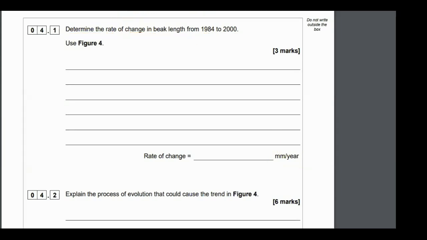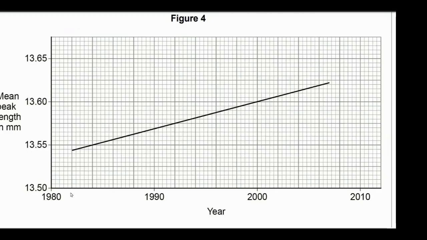In this case, to find the rate, we're going to divide the change in beak length by time. Beautifully for us, they put this black line out here. Now they wanted us to do 1984 to 2000. So go up to 2000, draw a line across to the y-axis, and circle. We're looking at the beak length, the maximum of our range, 13.60. Now, it's quite difficult to find 1984 at the bottom here. So what we're going to have to do is